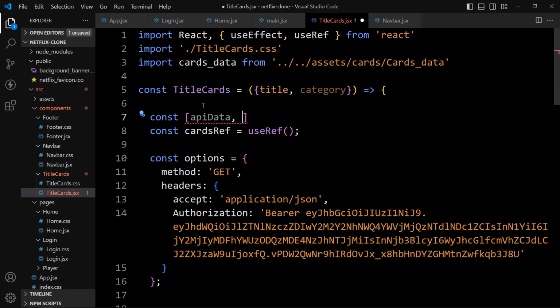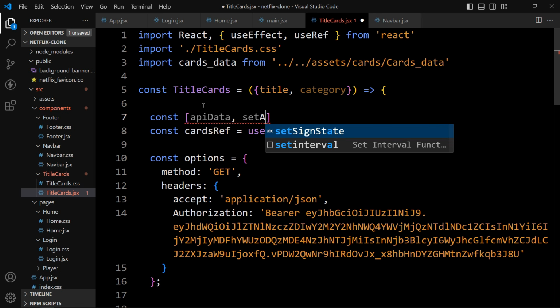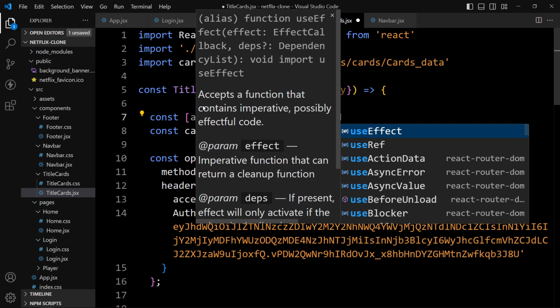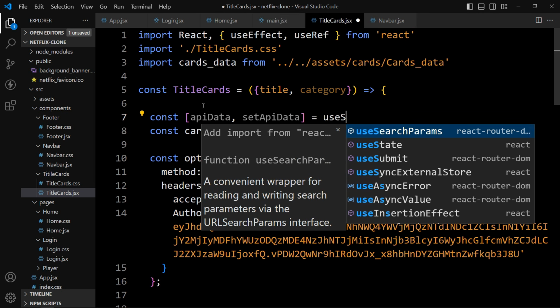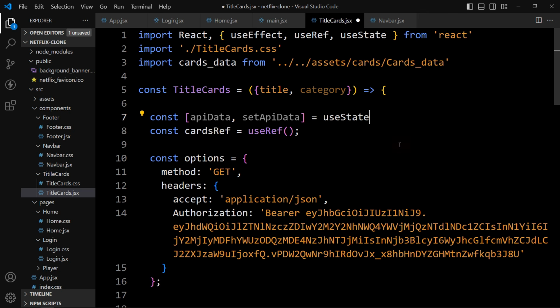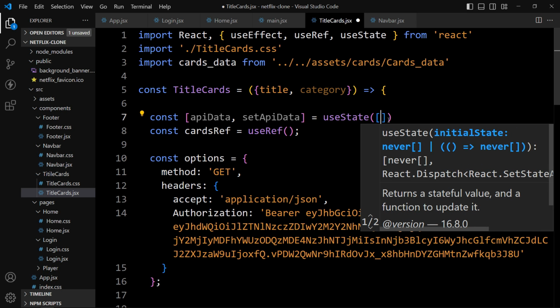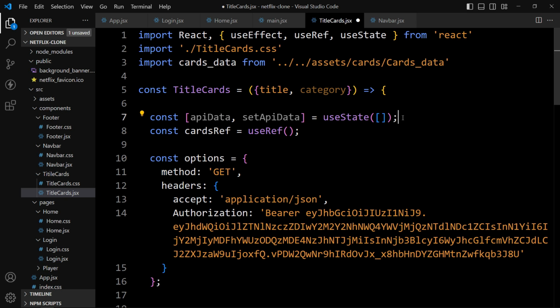Then we will add the setter function name, setApiData, and we will use useState. Select it from here. Now the useState has been imported from React. Write parenthesis, and in this one we will add the initial value. So let's add a square bracket. So it will be one empty array because we are getting the data from the API in form of array.